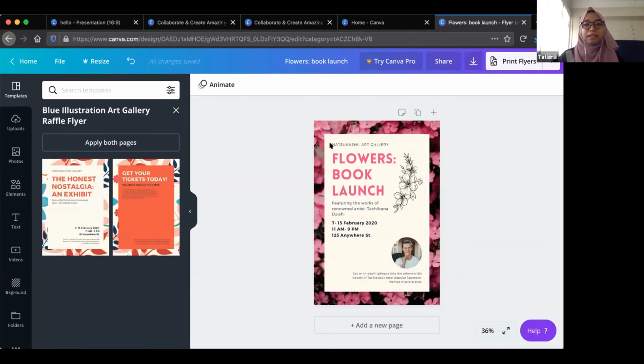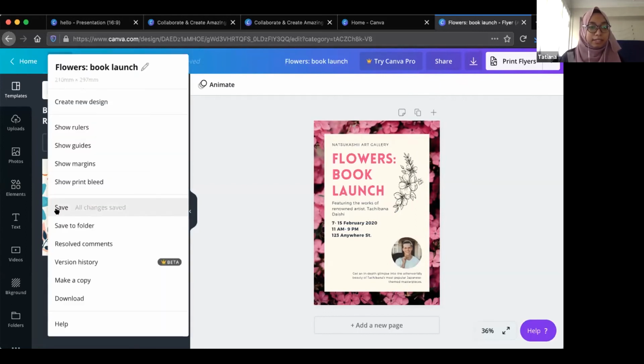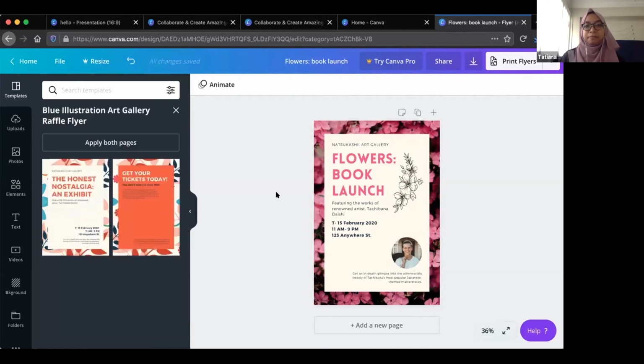Yep. And after you're done, all you have to do is save, but actually it will automatically save, just like how Google Drive or Google Docs or Google Slides, they will always automatically save it. If it doesn't work like that, you just click on save. And then you can also share your work so that other people can